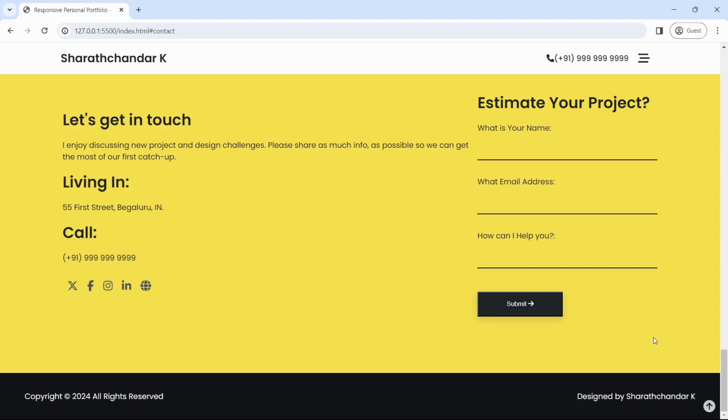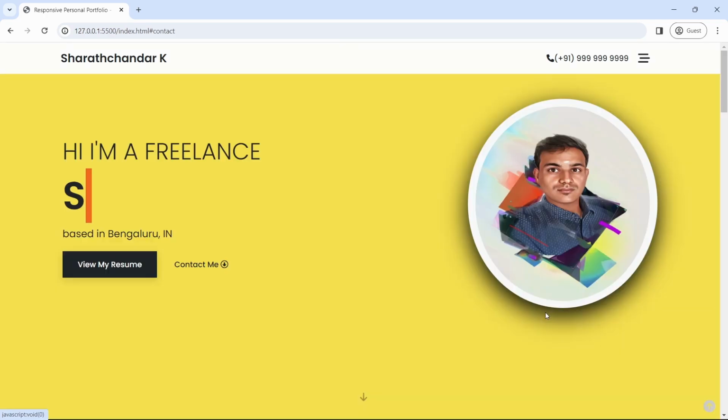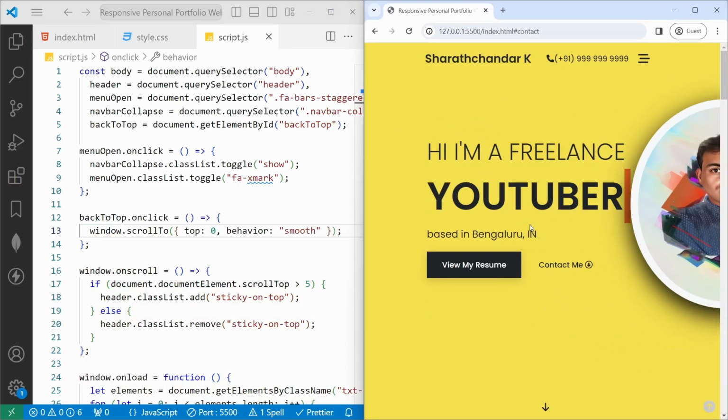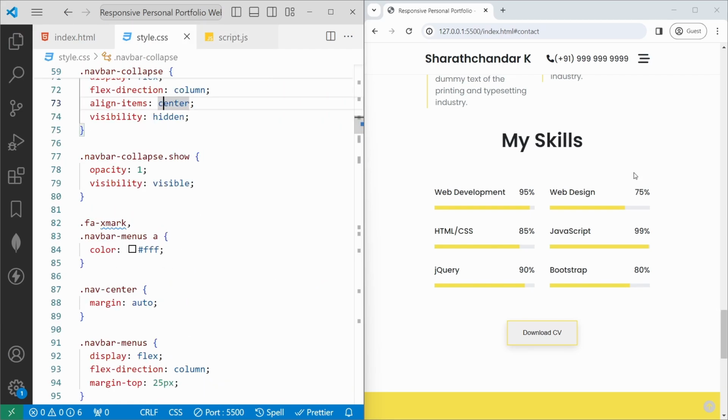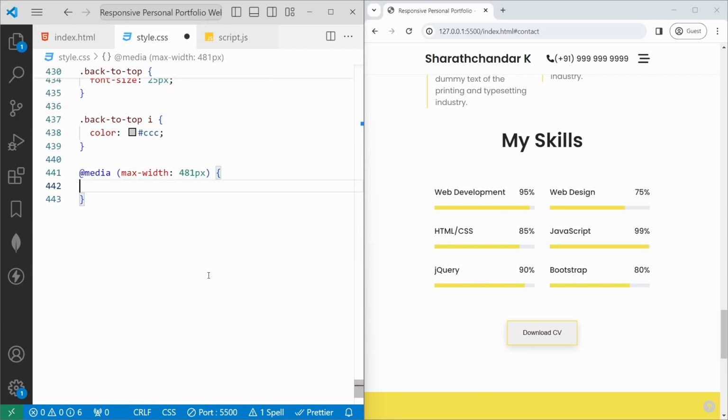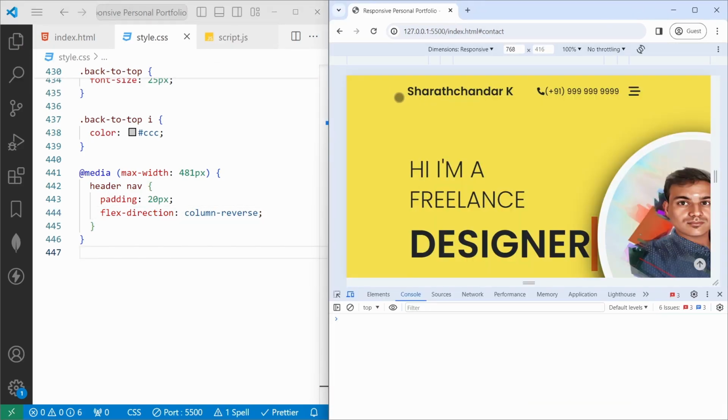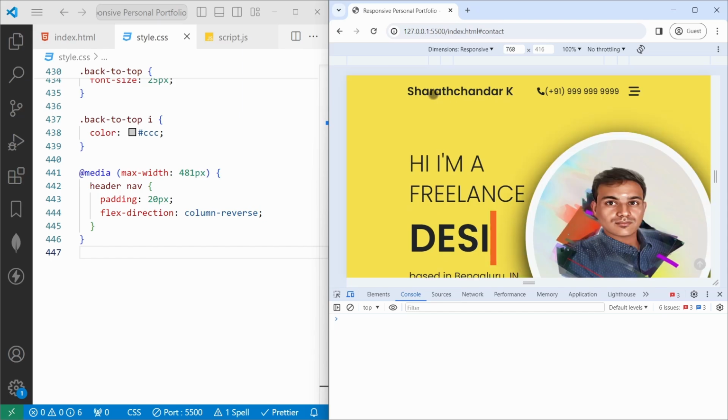Now we need to add the responsiveness to this. So whenever we are in the tablet view, see it was collapsed. So I will jump to the style.css here. We'll add the media query for width 481px. I will set the styles to the header name with padding of 20px, and then I will set the flex direction to column reverse. If I save, whenever we are in the tablet view, we can able to see the header navbar in a